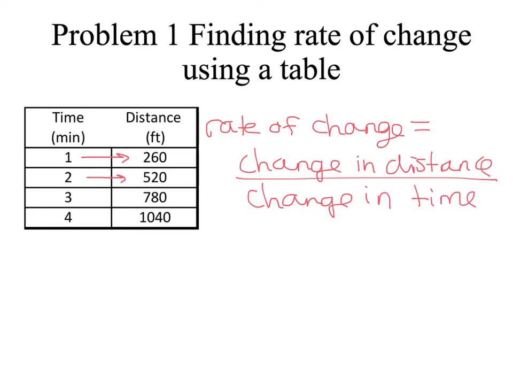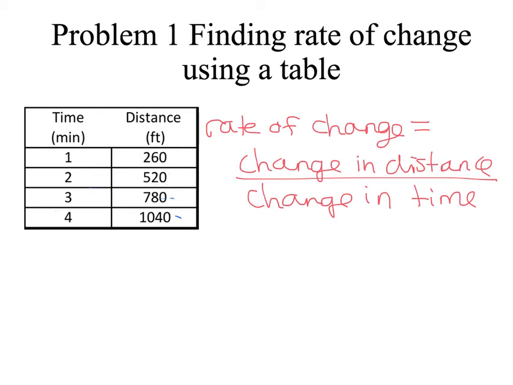Now, to figure out if the rate of change is constant, the change from this ordered pair to this ordered pair needs to be the same change as from this middle one to this one. Then it needs to be the same change as the third one to the fourth one. Okay, so let's figure out all of those. So the rate of change, if I erase all this,